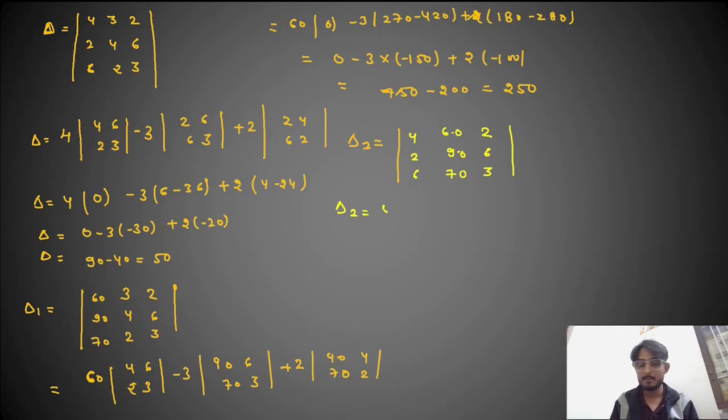When you eliminate first row and first column, you will get 90 into 3 and 6 into 70. So 9 3s are 27, 6 7s are 42. 270 minus 420 will give us minus 150. Minus 60. Eliminating second row and first column, you will get 2 6 6 3. 2 3 is 6, 6 6s are 36. When you subtract this, 36 minus 6, you will get minus 30, plus